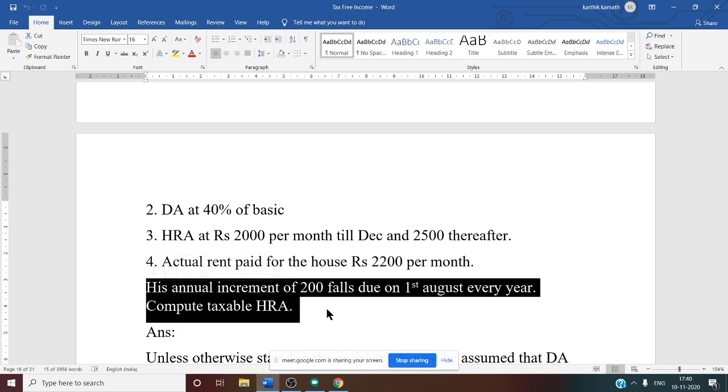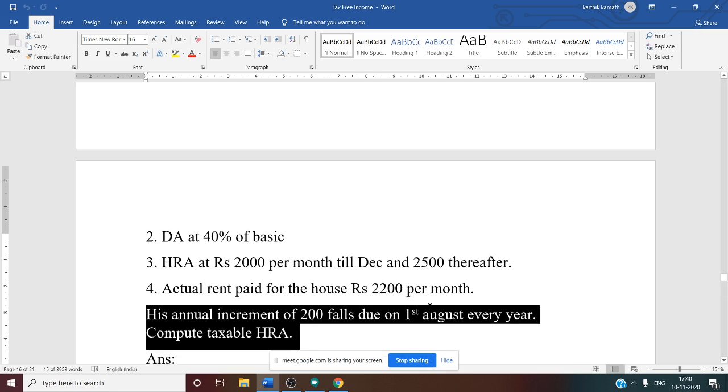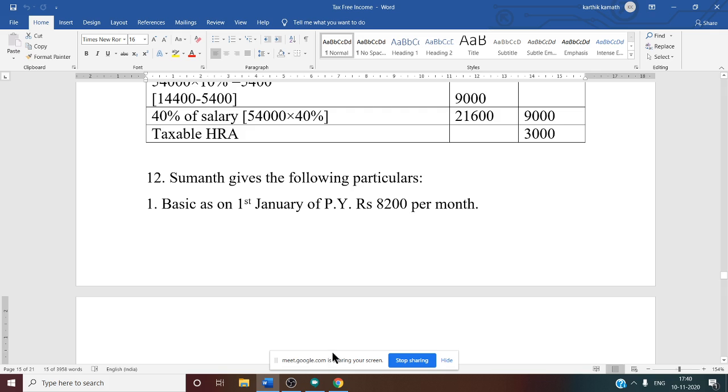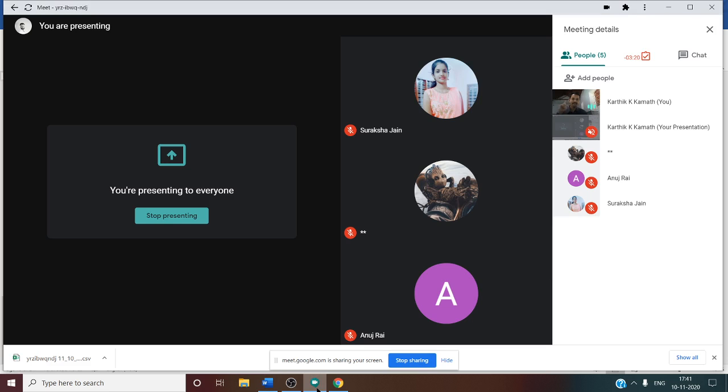Then after that, his annual increment of 200 falls due on 1st August of every year. So annual increment 200 falls due on 1st August of every year means starting from August, his salary is increased. Starting from August of the previous year, his salary is increased. Our previous year, I have already told, 2019-20, 1st April 2019 till